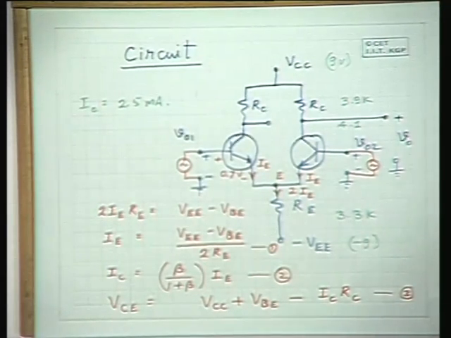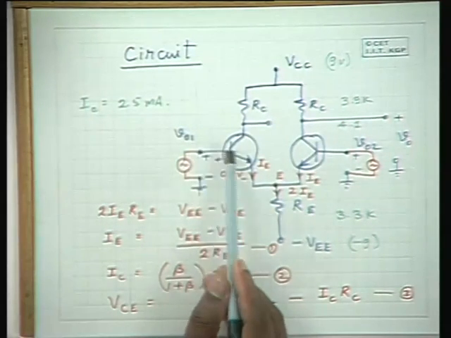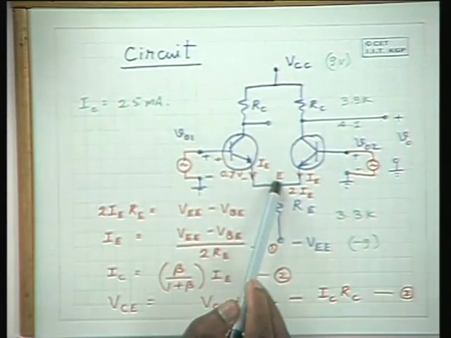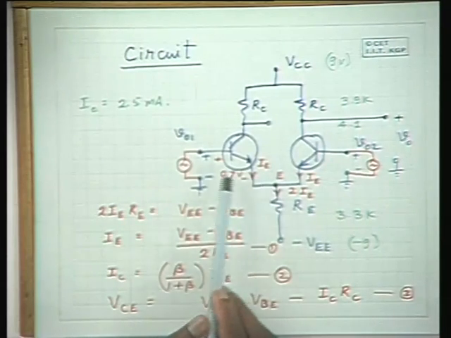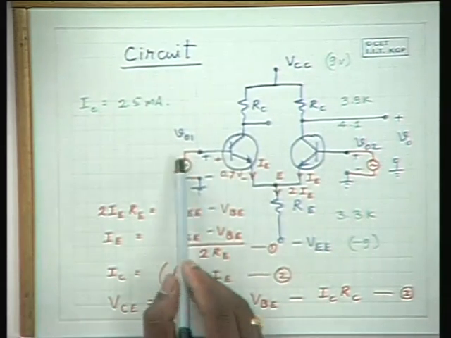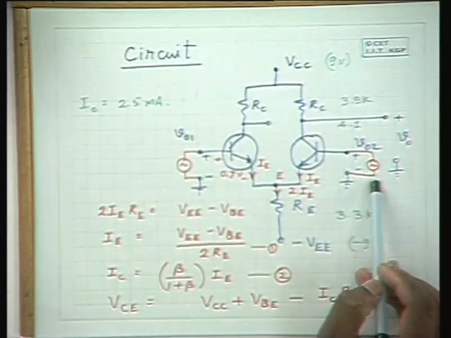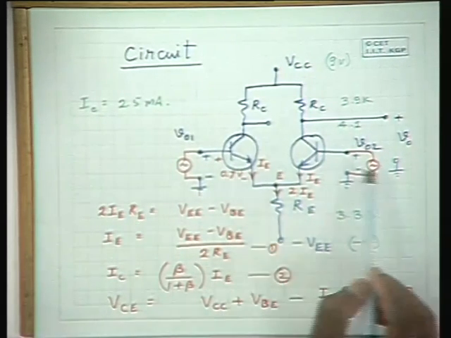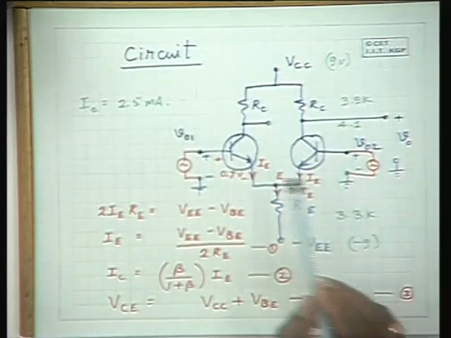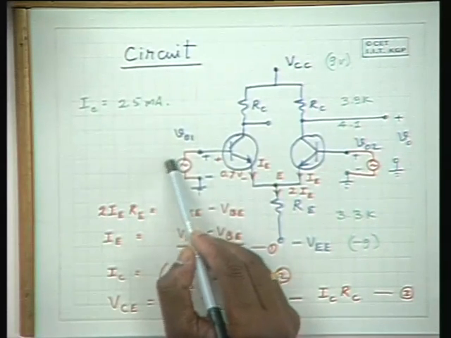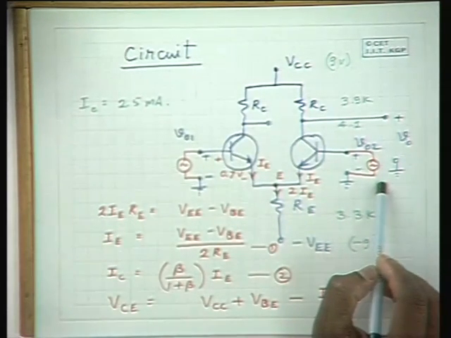Now, let us see how this amplifier works as a differential amplifier. Please note that these 2 amplifiers are connected at the emitter in this fashion, and let us see that some small positive voltage is applied here and an equivalent amount of negative voltage is applied here. Why are we considering this kind of input? To see that the common mode signal is 0. So, we consider a small positive voltage here and small negative voltage here.